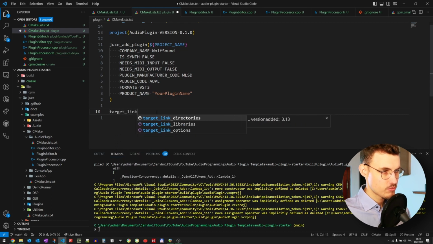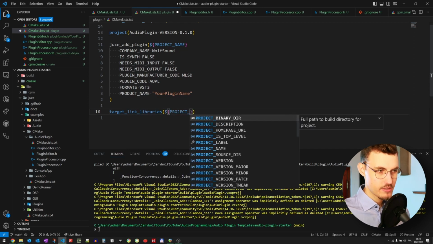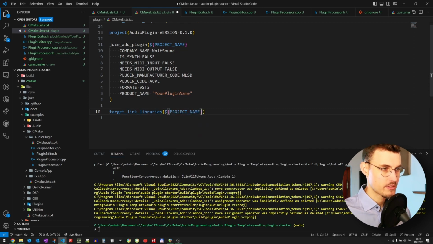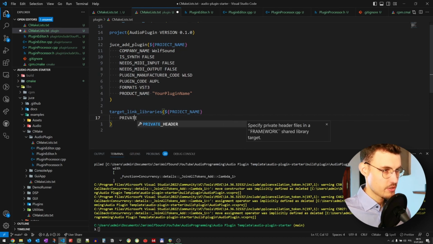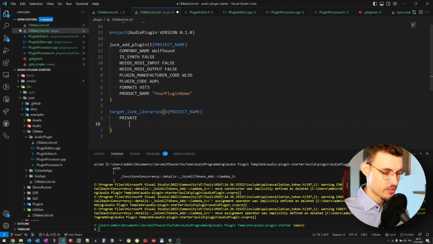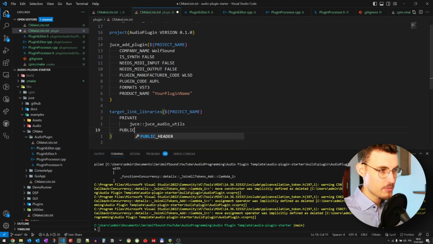We need to link some libraries to our project. So, and this is nothing mystical. This is everything that you can find in the official JUCE documentation. So one thing that we are using is JUCE audio utilities. And this is something that we just use internally, so we don't need to link to it in a public way. But in a public way, we need to link to the recommended configuration flags,